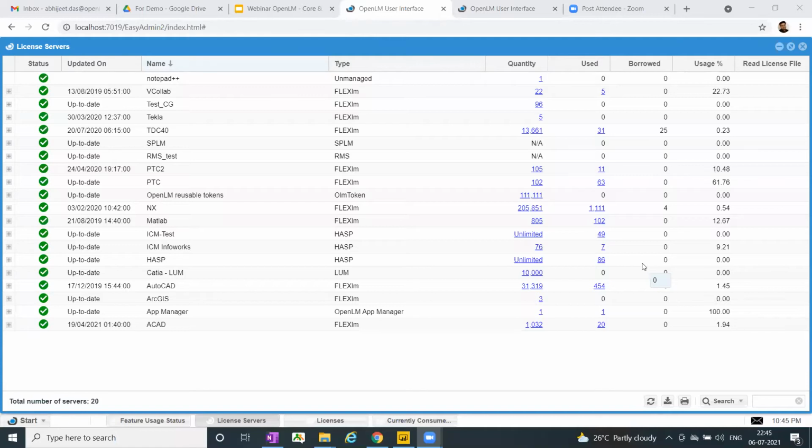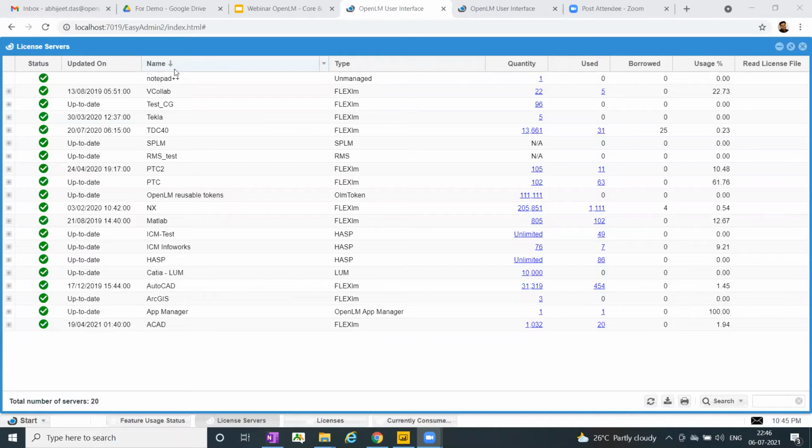So once you access the user interface of OpenLM, you get this kind of a dashboard where you can see basically the real-time license utilization and the real-time health of the license servers which you have interfaced with OpenLM server. So here, as you can see the status in green color, which means that the license servers that we have configured with OpenLM are communicating and everything is up and running.